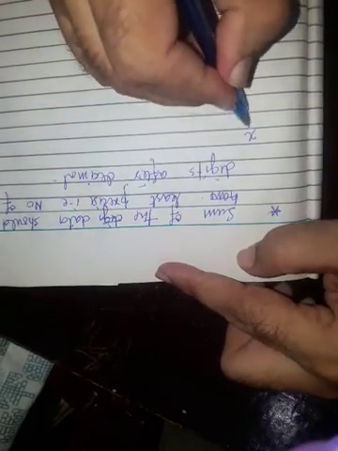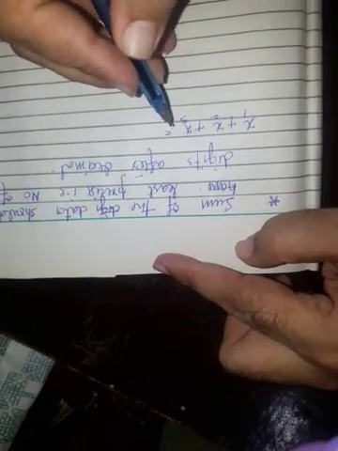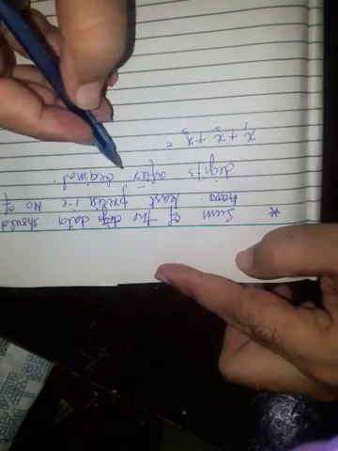Now the sum, x1 plus x2 plus x3, is equal to